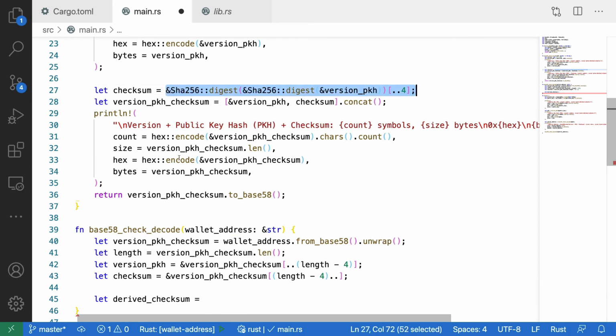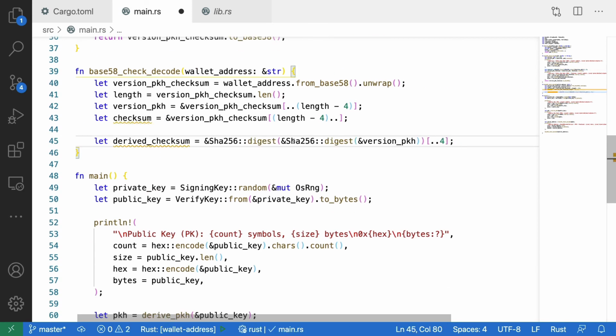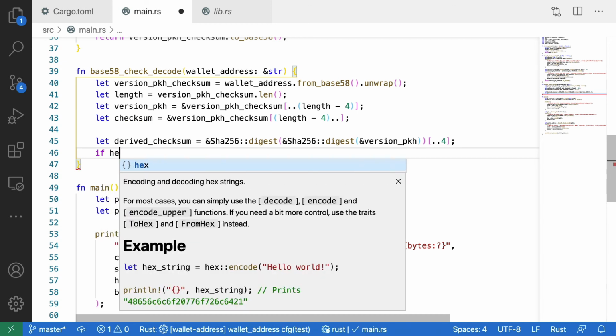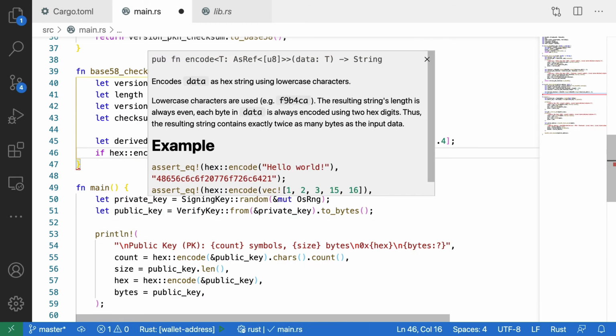We need to do the exact same thing, just with a different variable. Actually, it's the same name of the variable, the version pkh, right? So we have the derived checksum, and now we can compare both of them. I'm going to compare them in hex because it makes more sense to compare strings than to compare just raw bytes. So we can use the same function hex. I'm going to say, let me hex encode